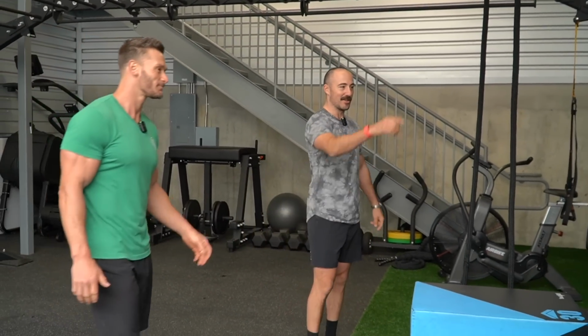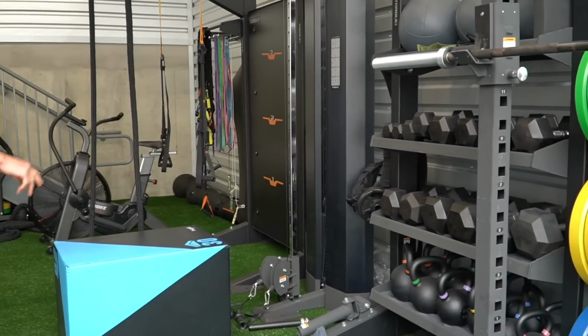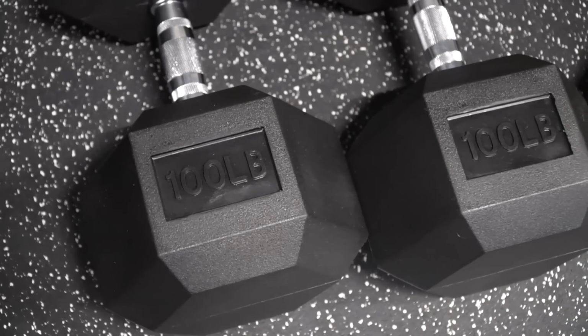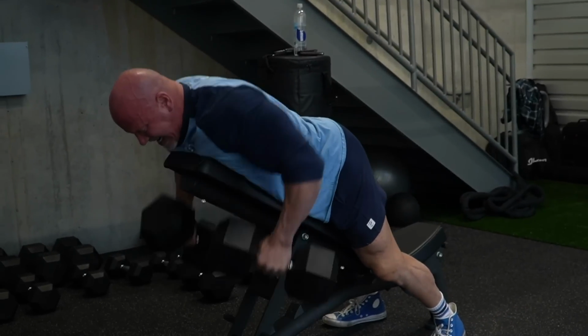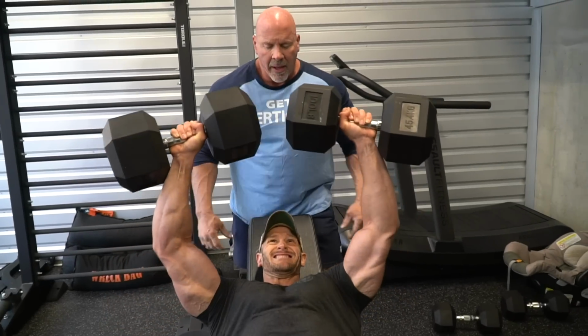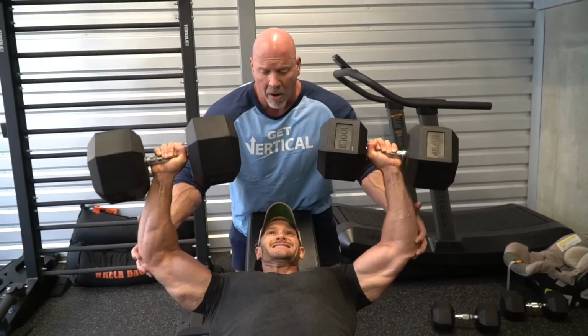Okay, so you got some dumbbells here. These go up to 70, looks like. But the rest are over there. Oh, okay. So you got them all the way up. Are you doing a ton of dumbbell work? How do you change your training between barbell and dumbbell? Yeah, I really do it all. I really try to be universal. I just want to be able to get on the ground with my kids and move now. So less and less barbell work,